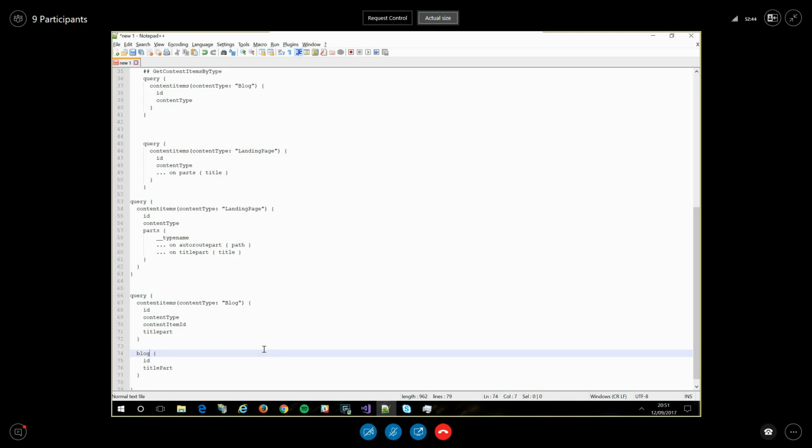Oh, it won't be blogs either. You can make it whatever you want. You type it, you give the string. The string is what you want. But yes, you can't pluralize, so it will be blog, and that's fine. Yeah, it kind of sucks. Pluralize, but yes and no, because